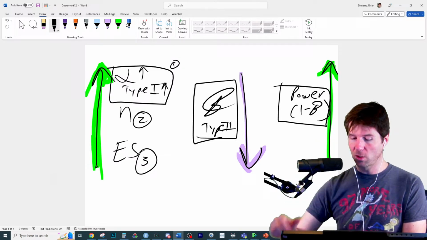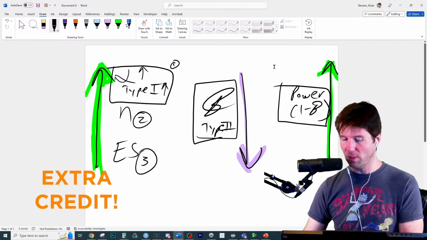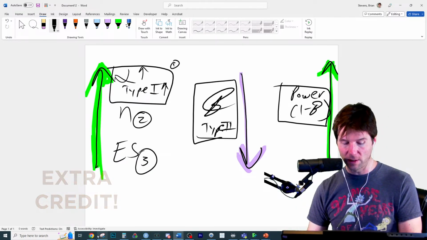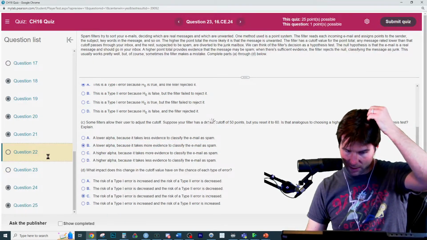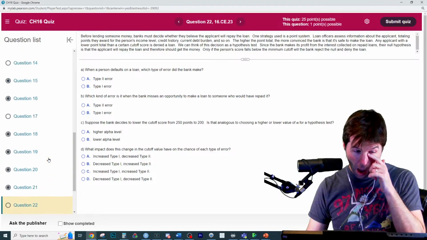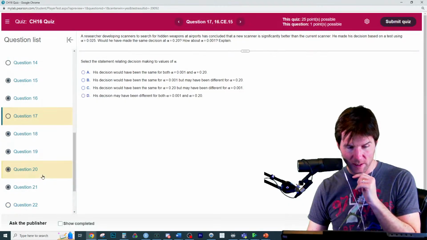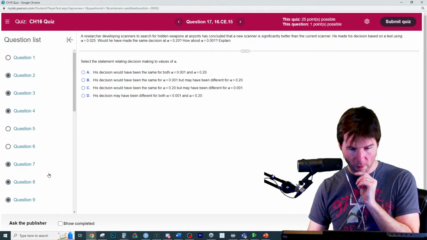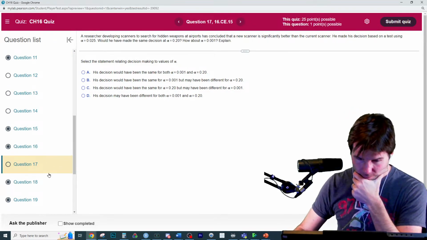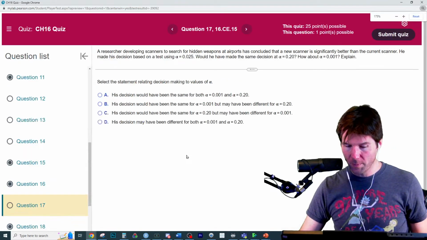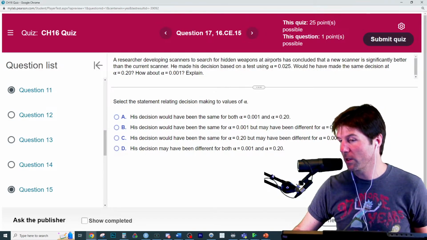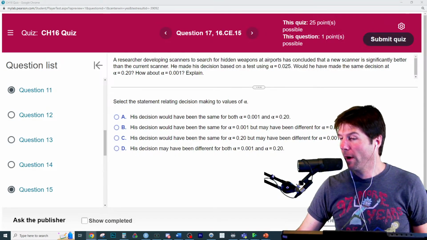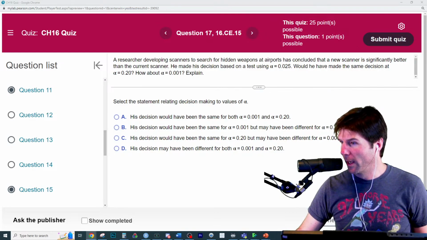Great answers, Jackson, and good review. These are big conceptual ideas that we're trying to do. And let's do, is it the scanners one? We might end with that. We've done so many of these. Look at how much we did today. Wow, we did so much of it. Scanners for hidden weapons. So this is very similar. Let me mark this and we'll end with this question. I'll grab some lunch.